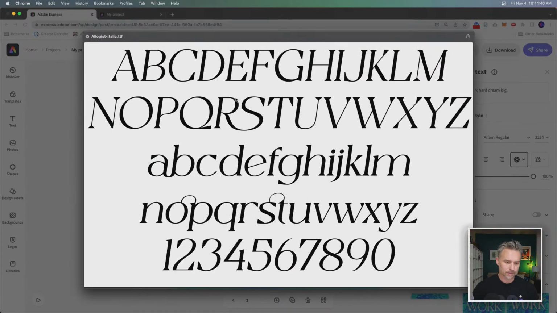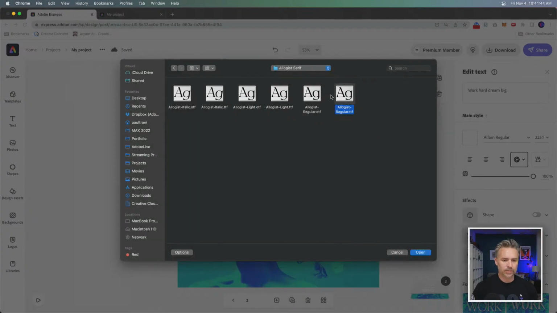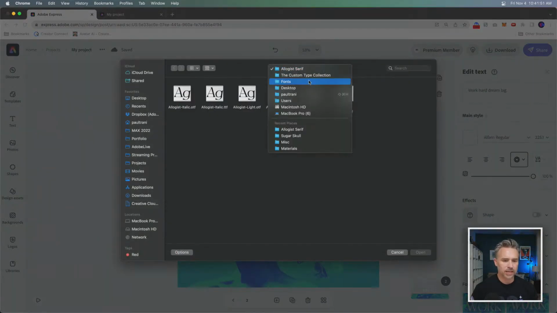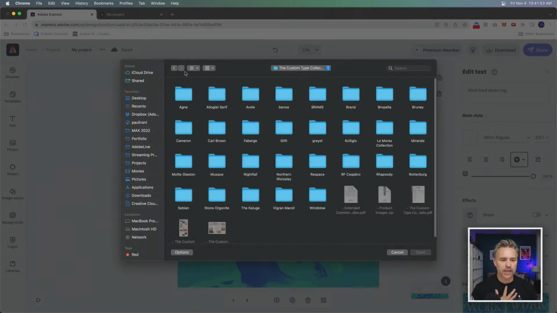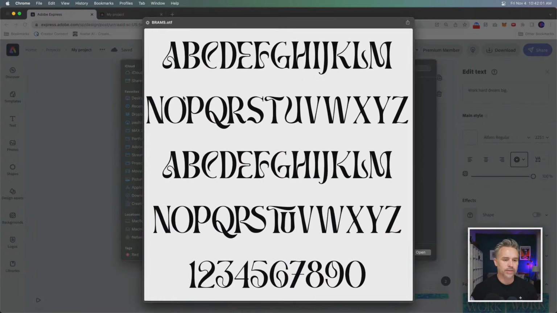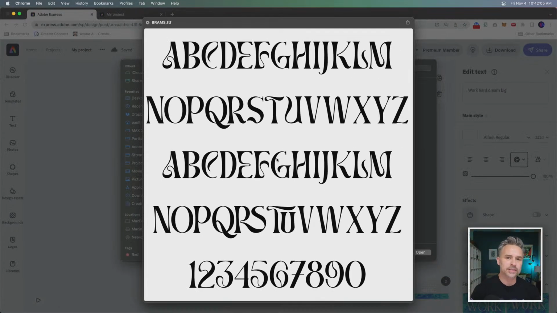Look at this. Kind of click through those. Okay, let's go with Just Regular. There we are. Let's add a couple more fonts. I just love doing this. I really want my stuff to look unique, and this is one way of doing it. I think Brahms was a cool one. Ooh, look at Brahms. You ready for this? Look at Brahms. Come on now.